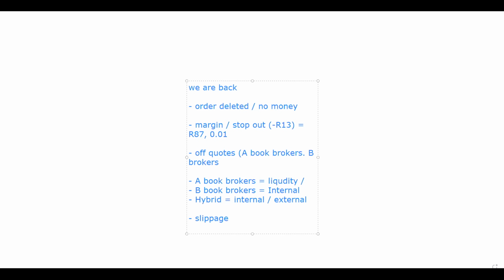On A book brokers, the liquidity during news, specifically when it says off codes, the liquidity can be illiquidated. I repeat, during news on an A book off code situation, the liquidity can be illiquidated. But let me explain in simple terms. During news off codes on an A book broker that relies entirely on a liquidity provider, it's simply